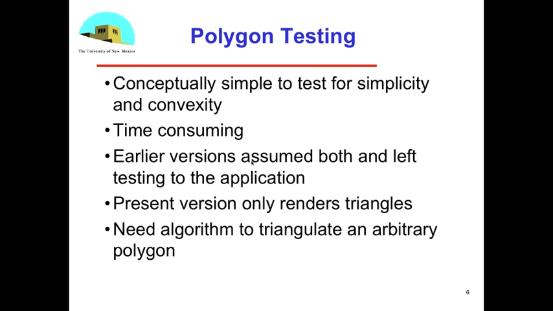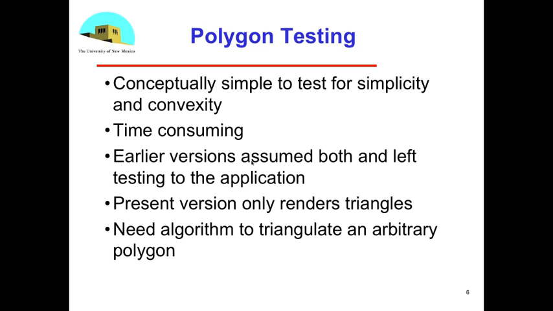Let's talk a little bit about the tests. The tests are conceptually simple. If you say, well, how do I get a simple polygon and check where the edges cross? Well, I could test every edge against every other edge, and if I have n edges, that's an order n squared thing to do. So it's time consuming, and that's the reason that graphics systems say, we're not going to do this because the time penalty is too great. We leave that up to the application